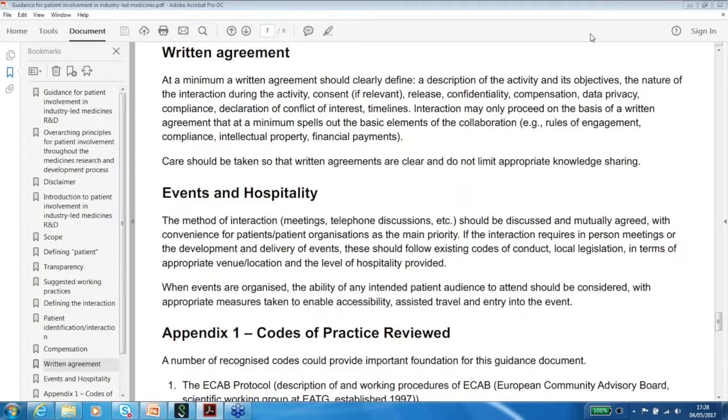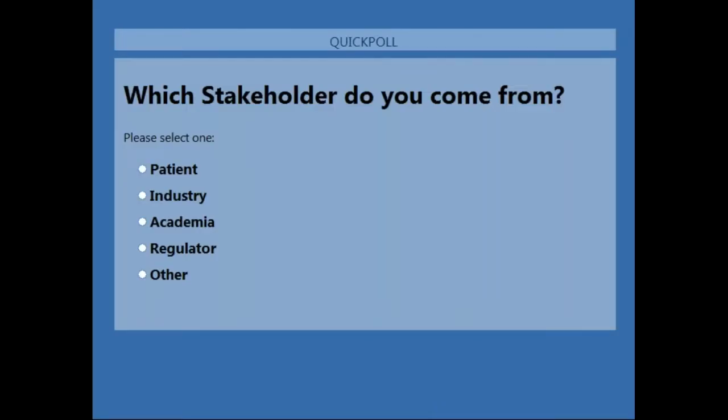I think the comment here stems from a similar experience, that this idea, oh my God, we need a patient voice, comes relatively late in the project development, and then it is too late to make a really meaningful change anymore. And even if the group says, oh yes, that would have been really important, it is often then too late to make really major changes. So I think your plea to have the patient involved as early as possible, and to make the departments in the company think about this early on and not as a last minute fixing condition, is a major relevant aspect in that interaction between pharma companies and